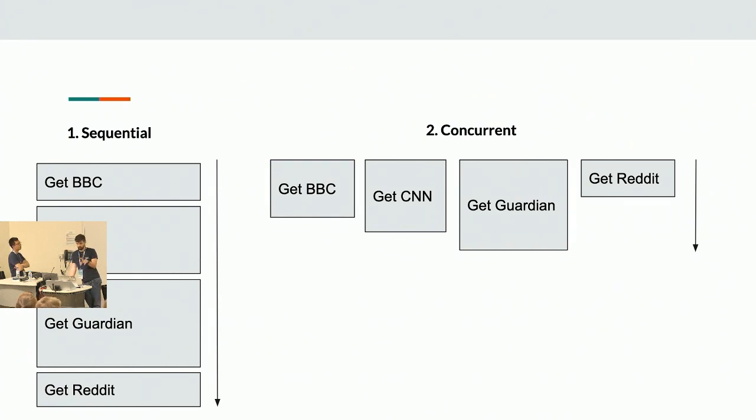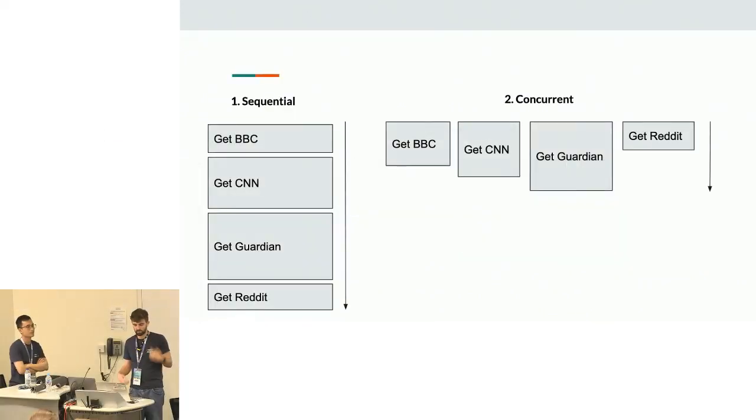So we're going to do this problem. This is a classic problem in computer science. We want to load up a bunch of different websites. We're going to load BBC, CNN, Guardian, and Reddit. These are the typical kind of things I would look at in a normal day. Normally, if you wanted to load this, you'd have to load it sequentially, right? So the time this program would take to run